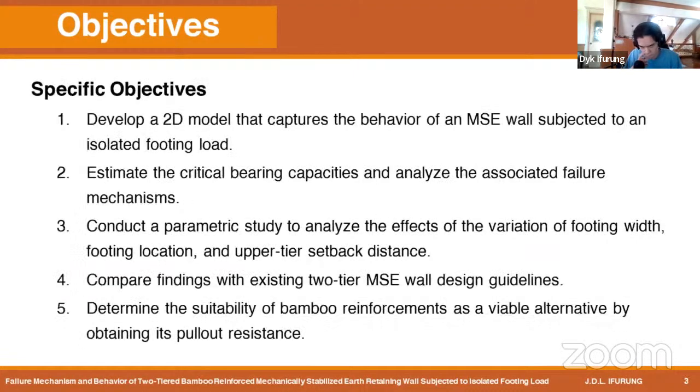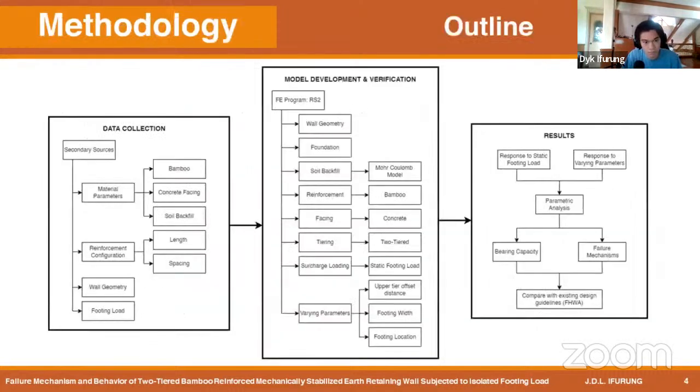I aim to develop a 2D model to estimate critical bearing capacities and failure mechanisms and analyze the effects of different footing widths and locations and upper tier setback distance. Lastly, I will compare my findings with existing two-tier design guidelines and determine the viability of bamboo reinforcements by obtaining their pull-out resistance. My methodology is composed of 3 major parts, which are the data collection, model development and verification,